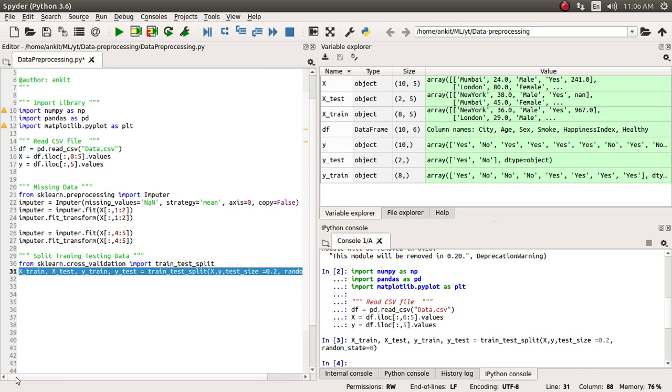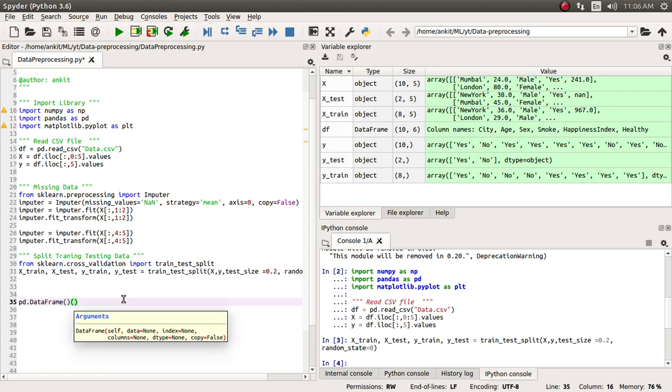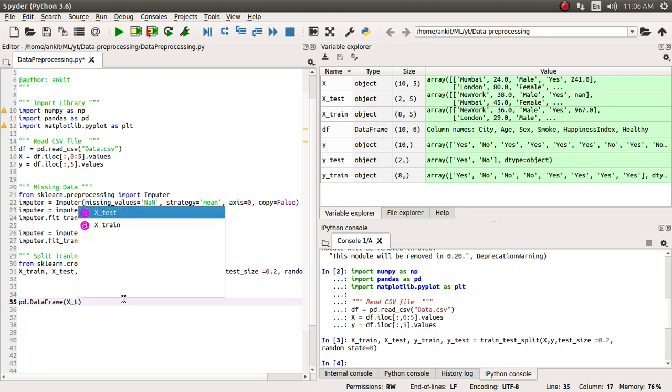Okay, so it has generated a total of 4 variables for us. If you see this X, there are a total of 10 records, but if you see X_train and X_test, out of 10 records, as we have given 0.2 as the test size, 2 records it has put into X_test, and 8 records it has kept in X_train. If you want to visualize it perfectly, we can go with pd.DataFrame, and we will supply this X_train.